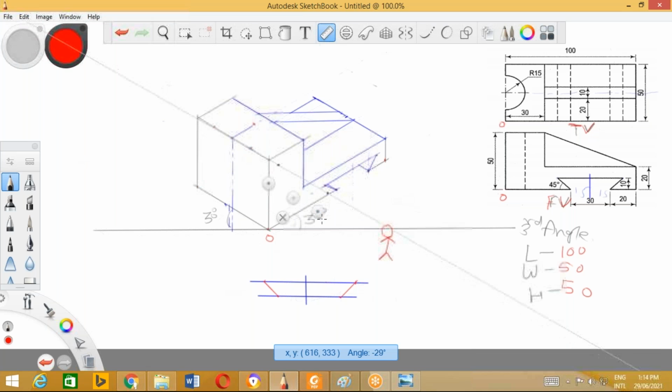But to draw a circle, what needs to be done? A parallelogram is to be drawn. So over here I'll draw a line and mark a point exactly at a distance of 15 millimeter. So I have located 4 points at 15 millimeters distance from this center point. With this center point, I'll draw a parallelogram.